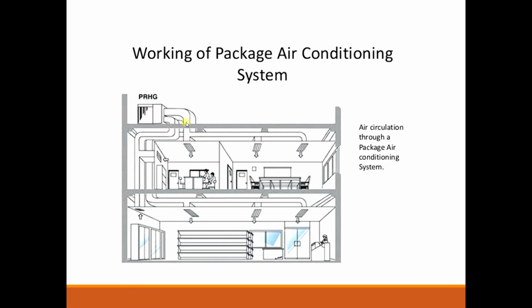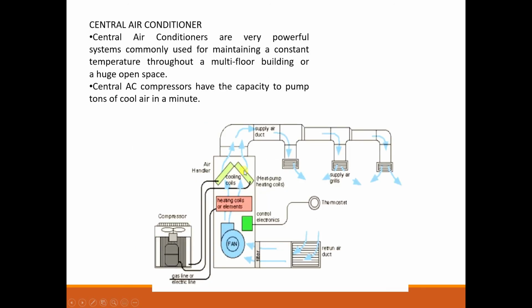in load. Previously, you know this thing, because in this room how many people are occupied, here how many people are occupied, it is predefined, right? If you want, you can close this system, you can run over here only, right? But in some places like a shopping mall, we can't predict the crowd, sudden changes of loads are there. In order to handle that type of load, we need something big, that is central air conditioner.